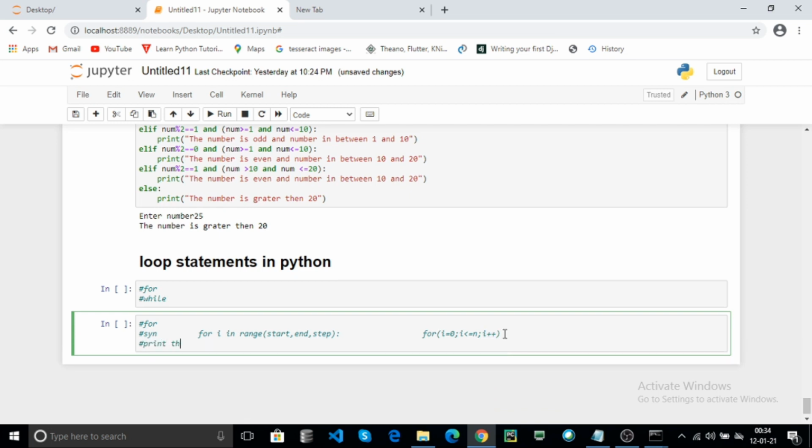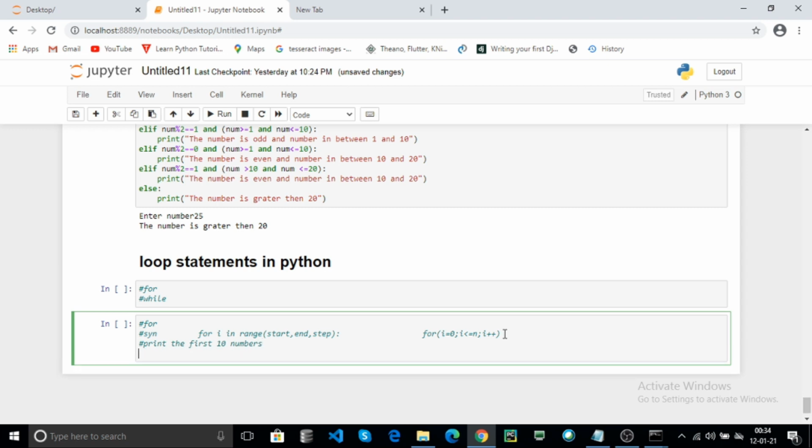Now print the first 10 numbers. Without using for loops, you can print the first 10 numbers using print statements.